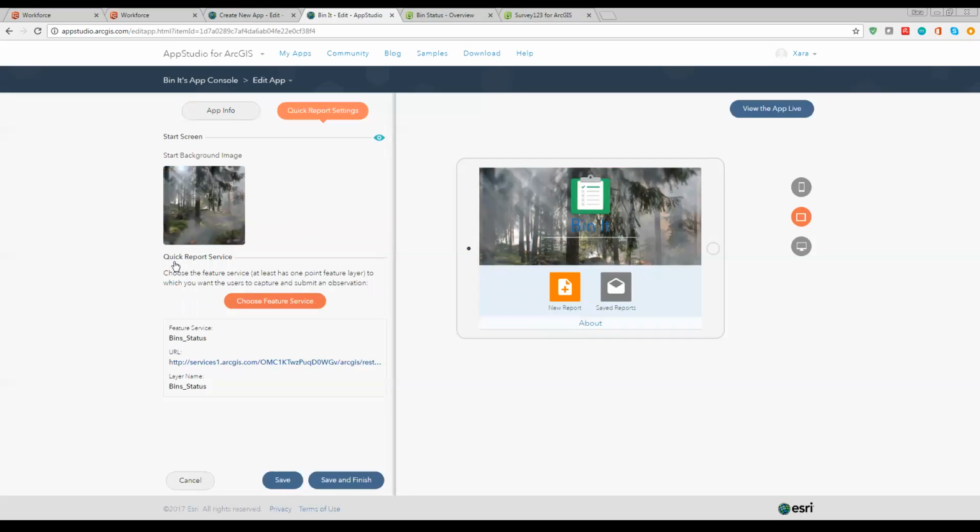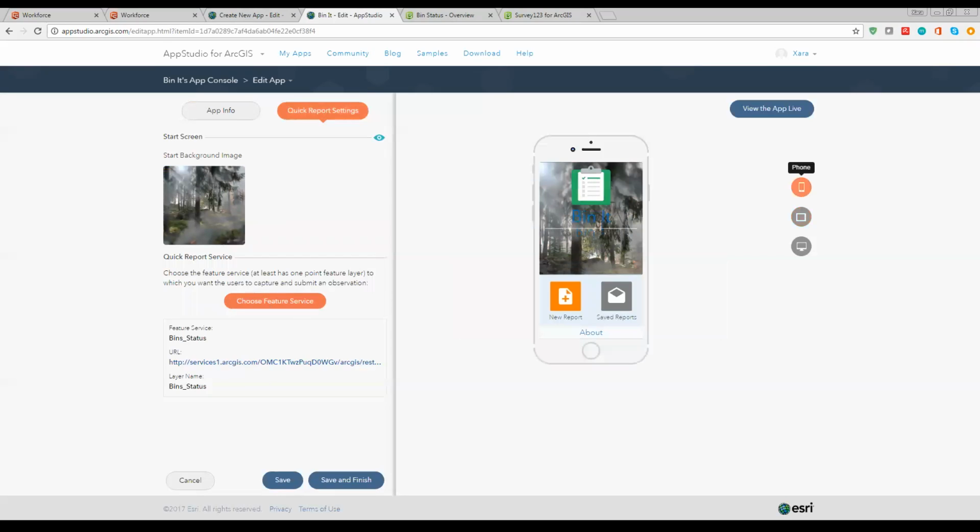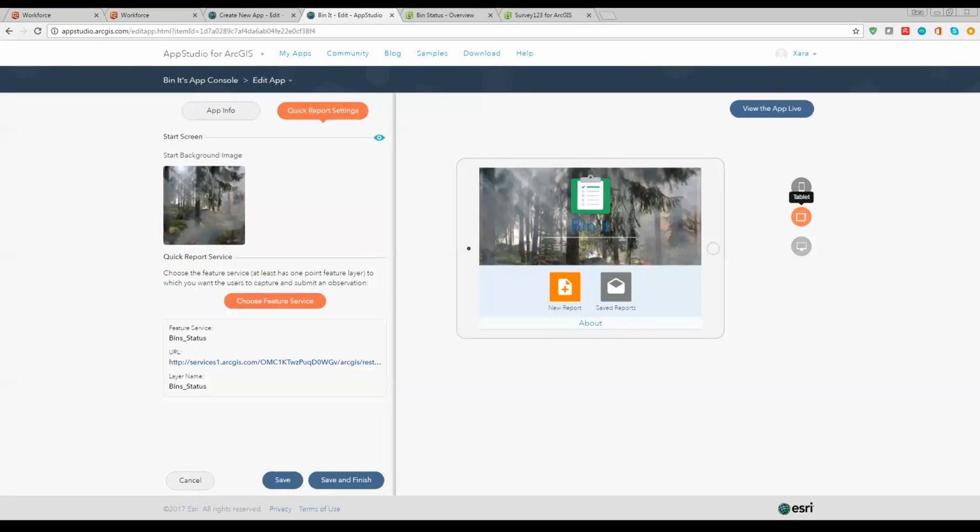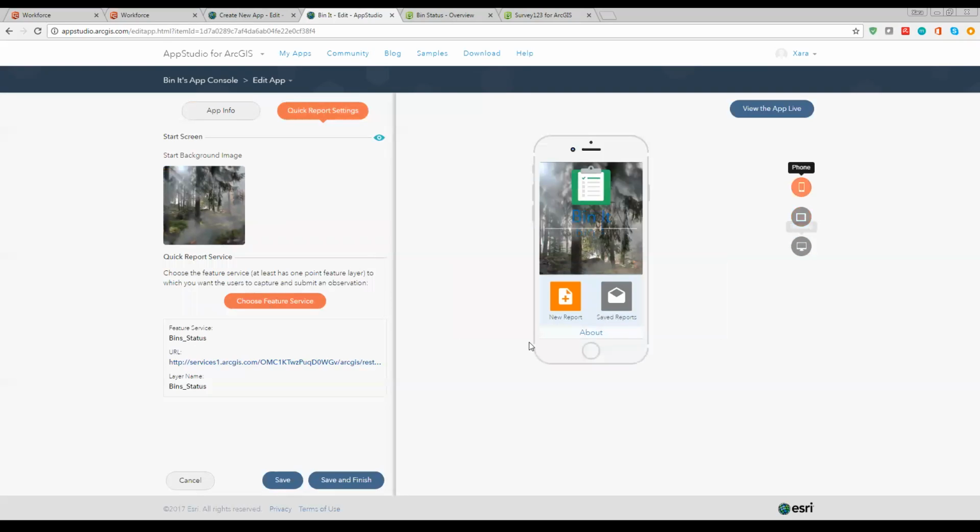Now, all I have to do after I have configured these following parameters is to preview how my app will look like once I have deployed it on the phone, on the tablet, or even on the desktop. And from there, I can hit save and finish and access the application from my mobile device.